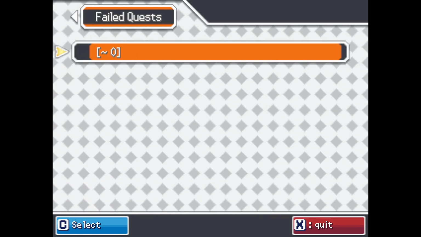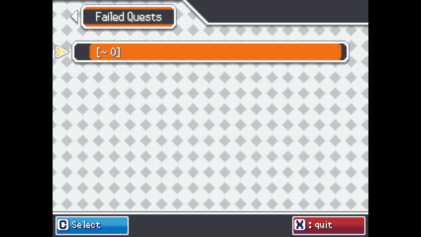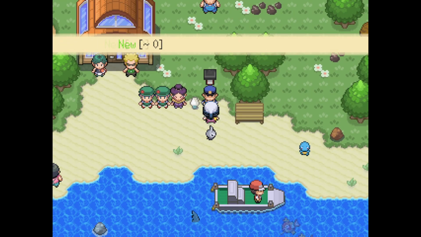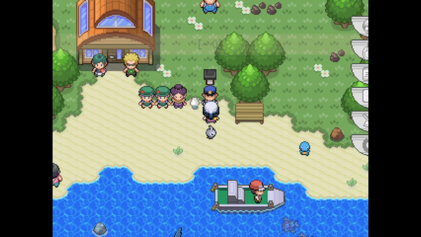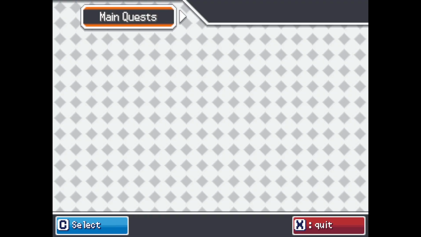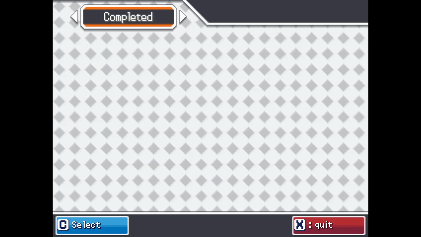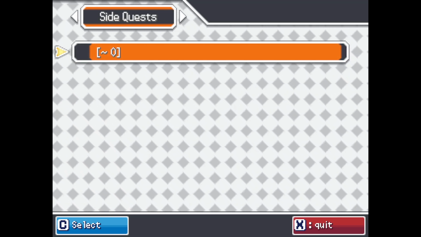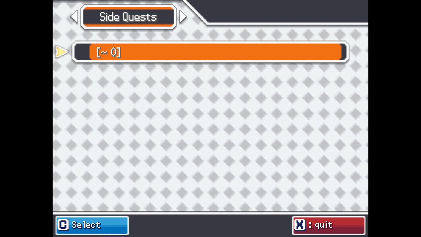Now, what's really fun is if you want your quest to be repeatable, it's actually really, really easy to do. You just need to start the quest again. So if you start the quest again, it is going to remove it from your failed quests over here, and now it's back over here in the side quest or main quest where it belongs,